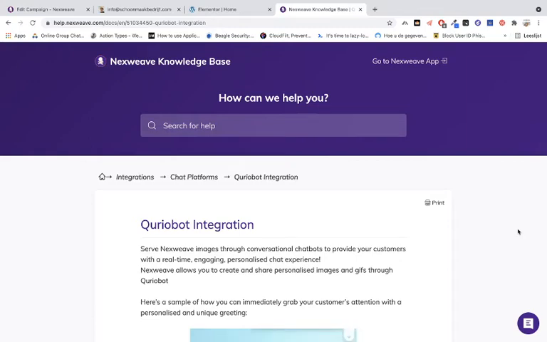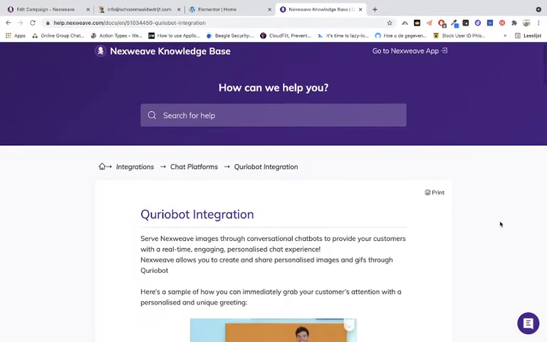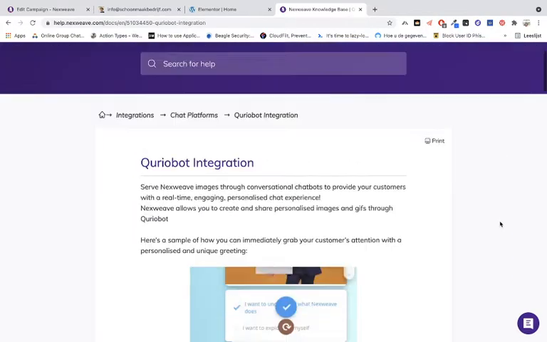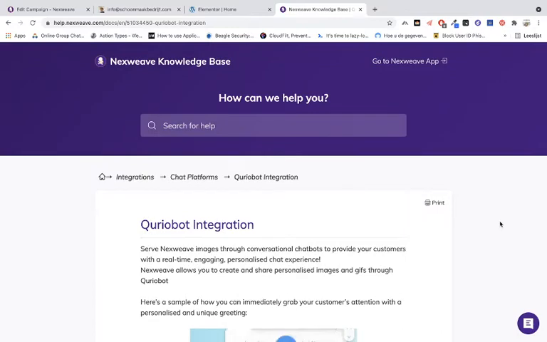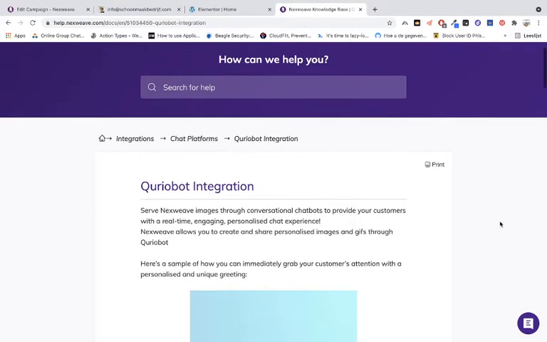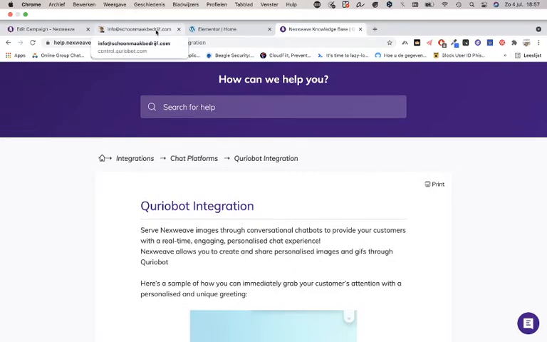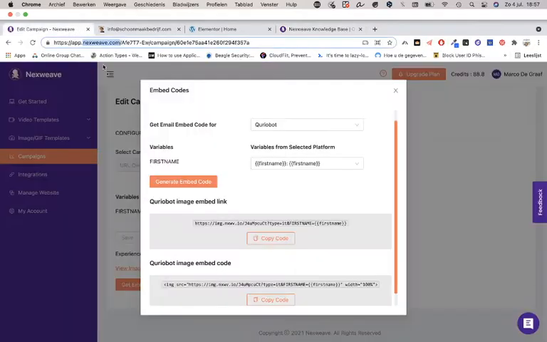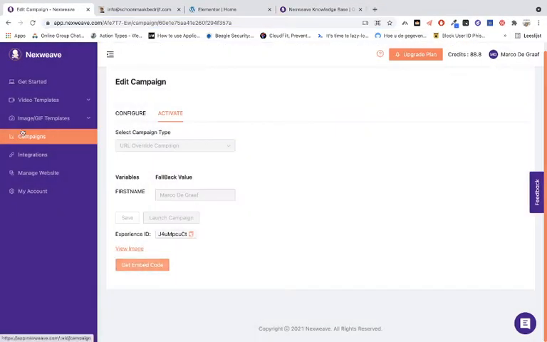Nexweave, it's a little bit like Wave, another website for videos. This is Nexweave. It's a deal on AppSumo, and I thought by myself I'd make a video for it. And what Nexweave is, when you see, for example, here, is that you can make videos or use images and